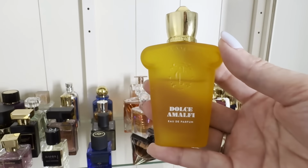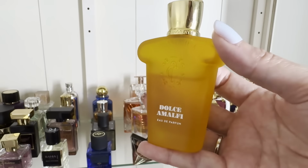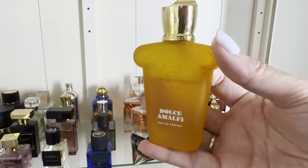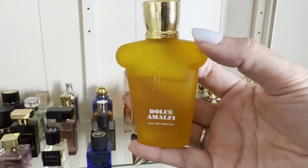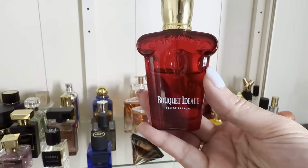This is Dolce Amalfi from Xerjoff, definitely full bottle worthy. As soon as I'm done with this bottle, I will get a big bottle because I never want to be without this. This smells to me like spicy, juicy fruit gum. And I know for some people that's not appealing, but I love it. One of my sexiest, most